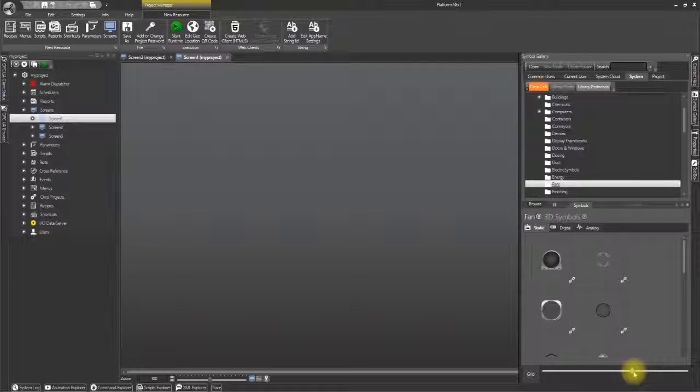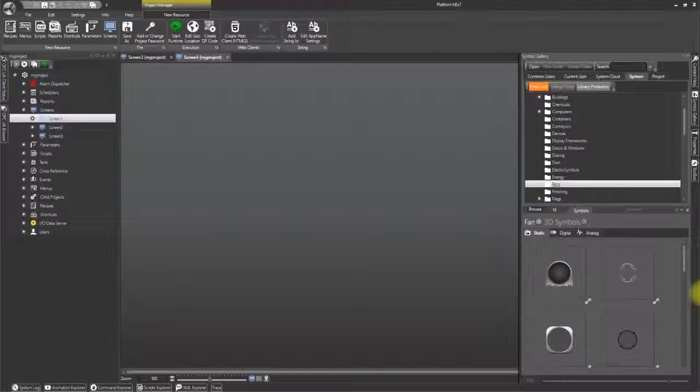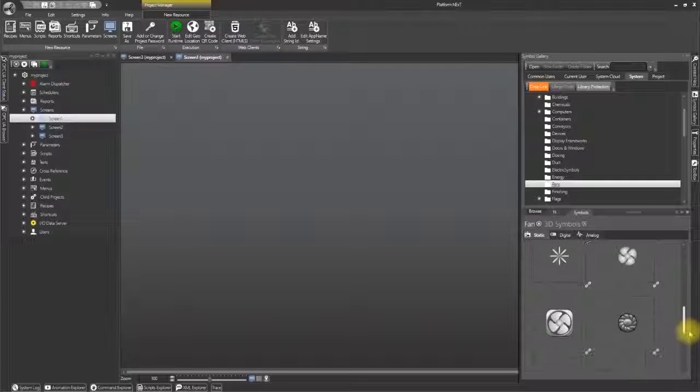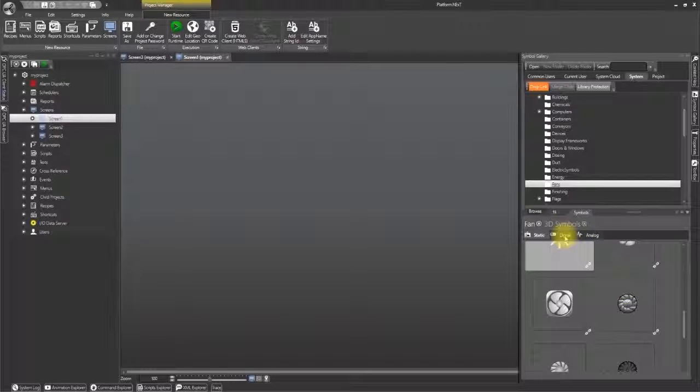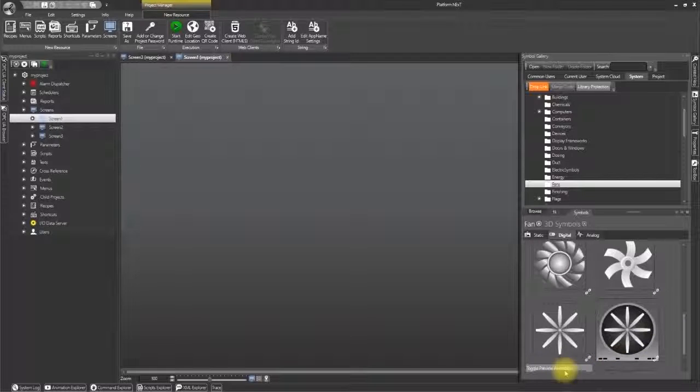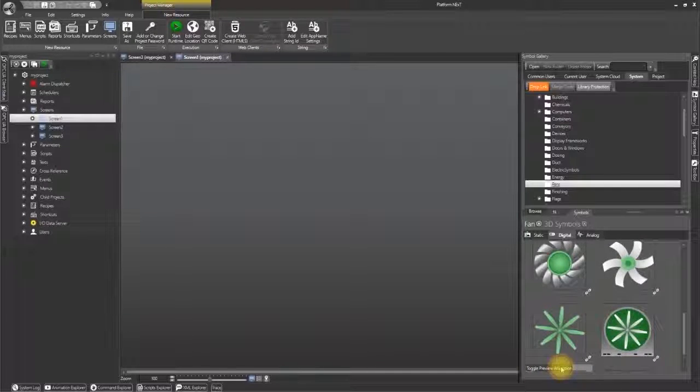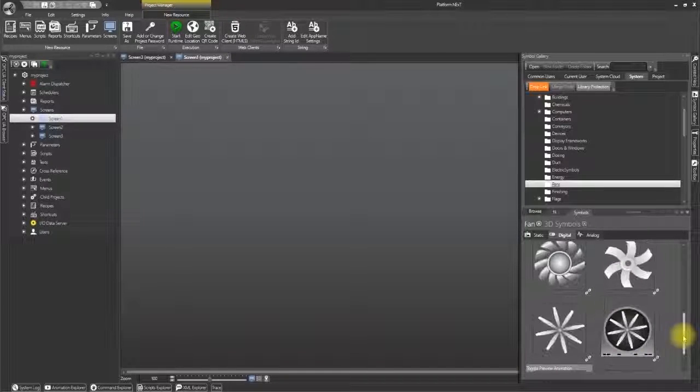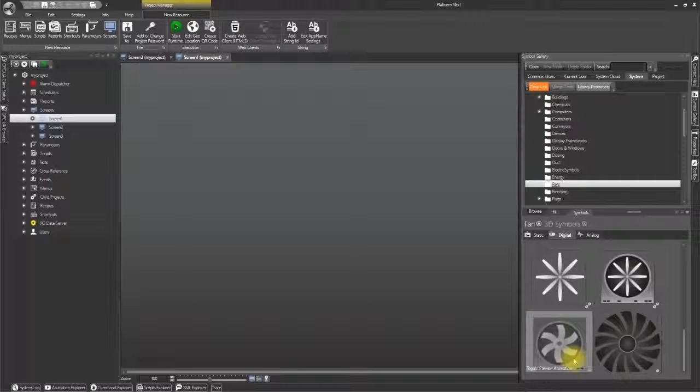Here you will find static symbols whose general properties can be set as desired and given animations. If we open the digital card, we will find a series of dynamic symbols preset with animations. To see the symbol animations in action, just click the preview button at the bottom. Let's choose a fan and drag and drop it on screen,